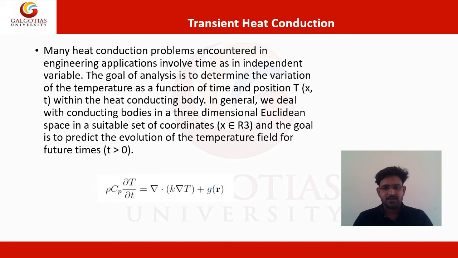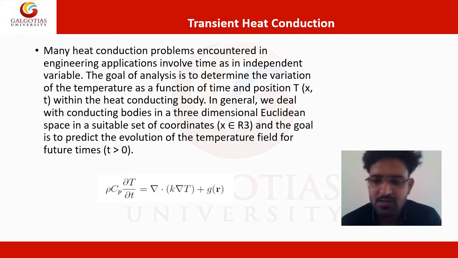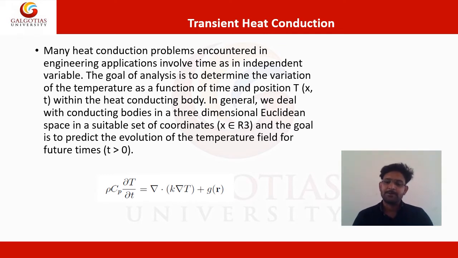So let's start with the transient heat conduction. First, try to understand what this is. Transient heat conduction means that the property generally varies with respect to space coordinate and with respect to time. In heat transfer, temperature is our function. I am interested in finding out the temperature at different points in the desired space. The temperature is a function of the space coordinate as well as the time coordinate.